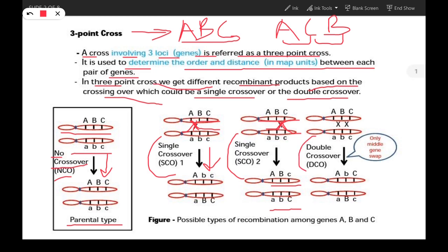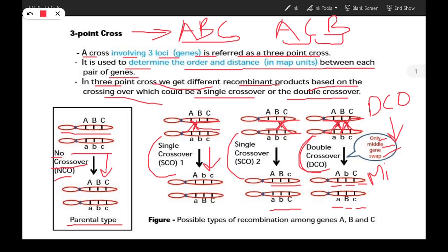Then if we see a double crossover between the A and B genes and the B and C genes, what happens? It starts with A, comes down for B, and then goes up for C again. So capital A, small b, and capital C. Here small a goes up, capital B and small c. So about double crossover, what we can remember is that only the middle gene swaps. In double crossover, DCO,